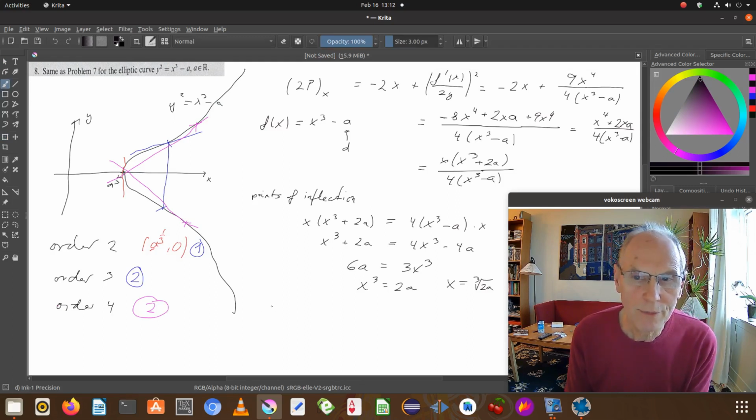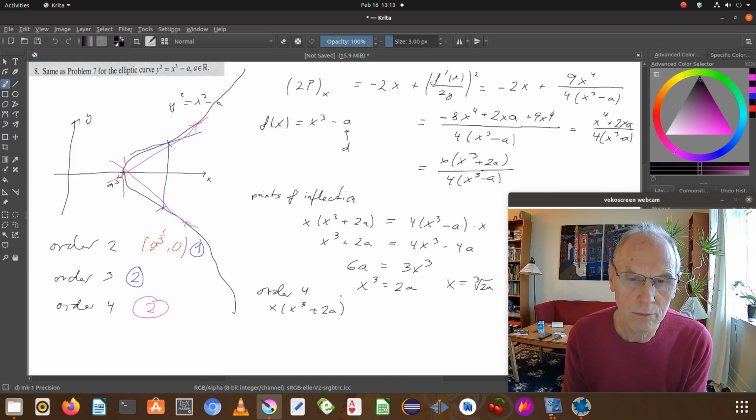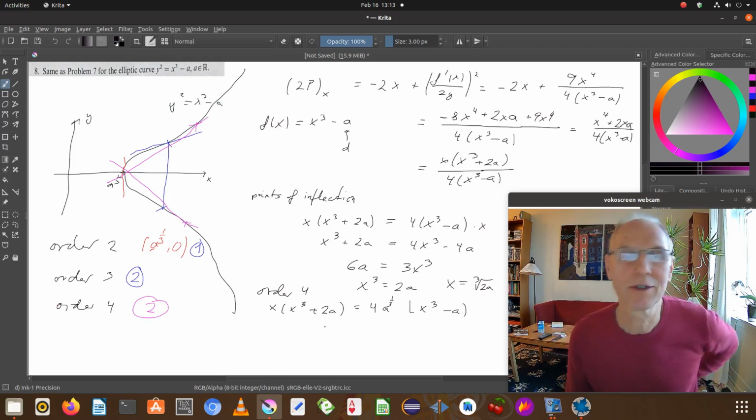So let's do it down here. Doesn't come out very nice, so I'll just believe in the geometry